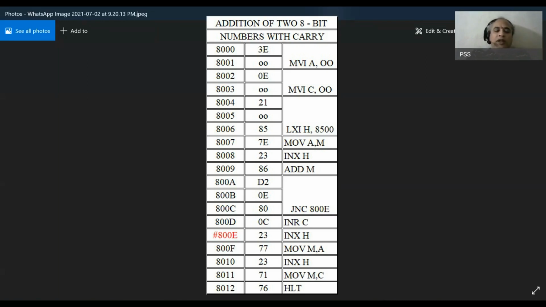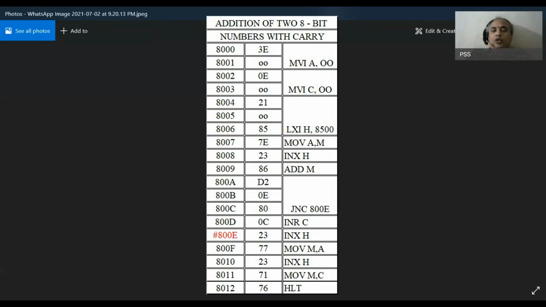Now, after this 8000E, let us examine what has been written. At 8000E, we have used an instruction INX H. What does it mean? We have incremented this register. If there is a carry, that is very clear. But what do we have to do after this? Finally, what is the end point?